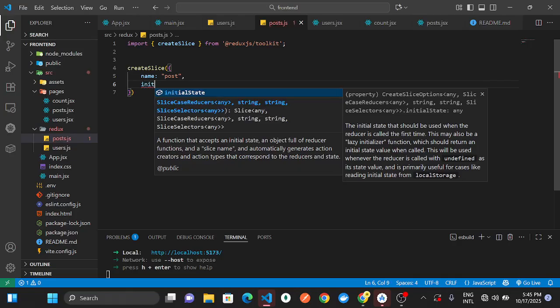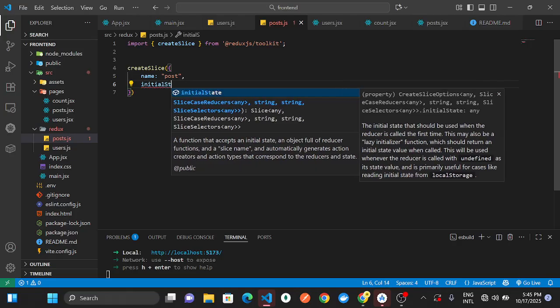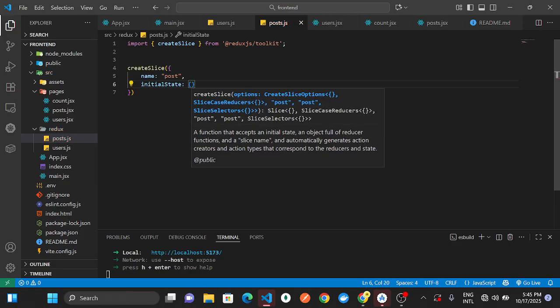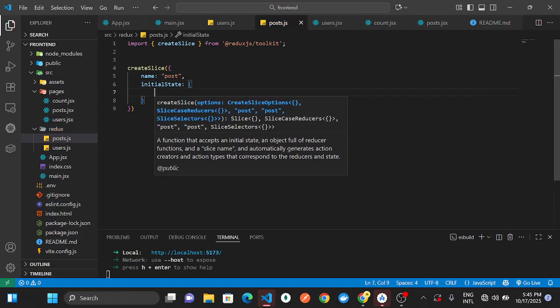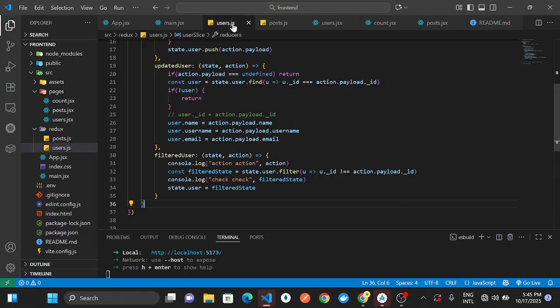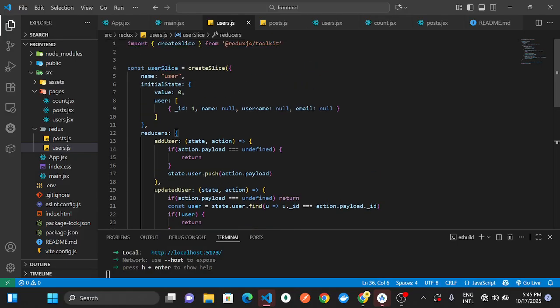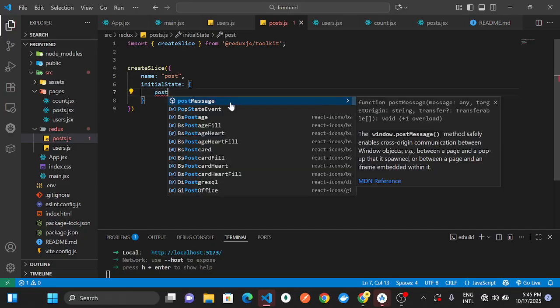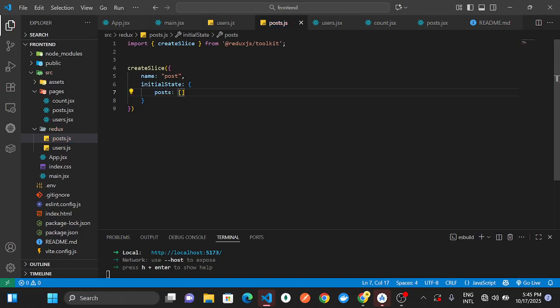Next is our initial state, and as we learned with our user, we should create an object that has other states, not just a single one. So in this one, we also have post, which has an array of, as always, we are just repeating. So this will have a data, let's just say post of